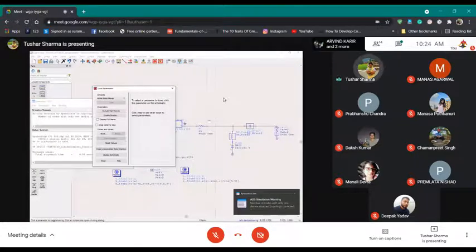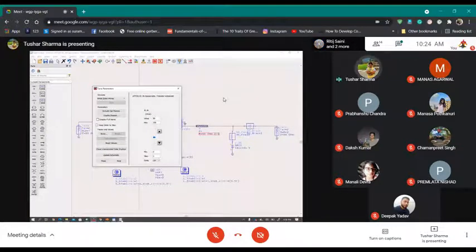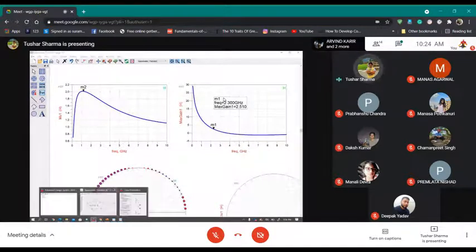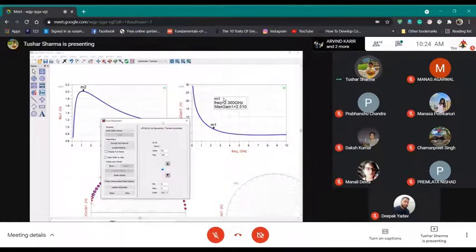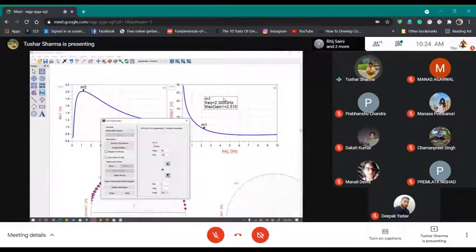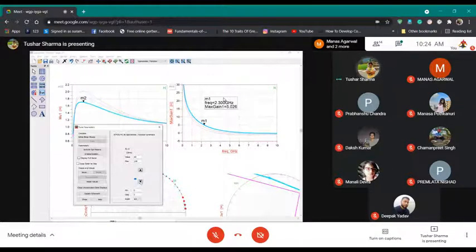and then click what you want to tune. So for example, you want to tune this resistance. So you will click this R. Okay. And now you will go back and start tuning this R. So let's decrease this R, because what is our objective? Our objective is that mu should be greater than 1, but gain should be higher. It should be as close to max gain as possible. So let me decrease the R and see what happens.